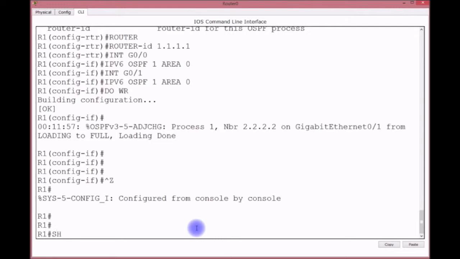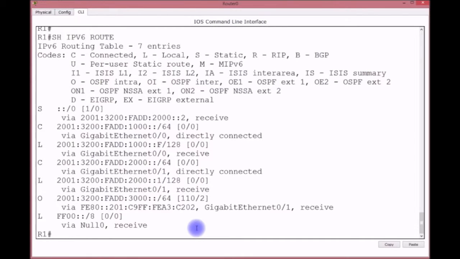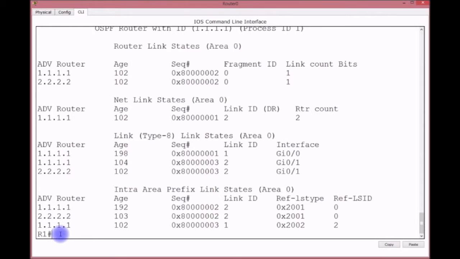All right, so let's show IPv6 route again. And there you go. We have an O for the 3000 network. Now, things that you do, show IPv6 OSPF database. Okay, you want to take a look at the database. It tells you the link type of LSAs that you see here. And you see that it's using the router IDs, which is the one that we hard-coded onto the router. If you were to look at show IPv6 OSPF interface